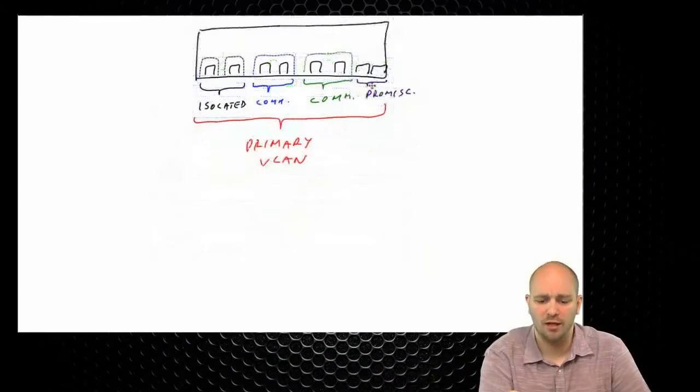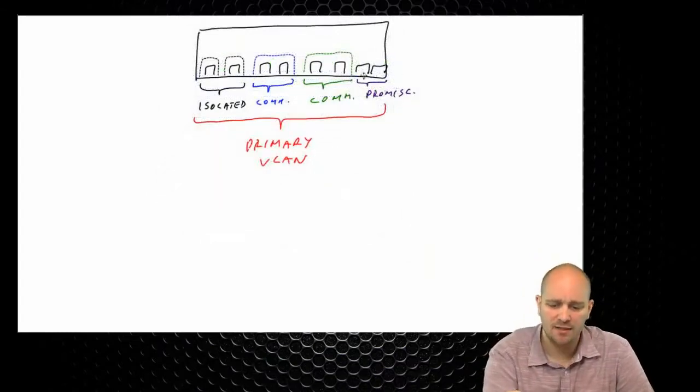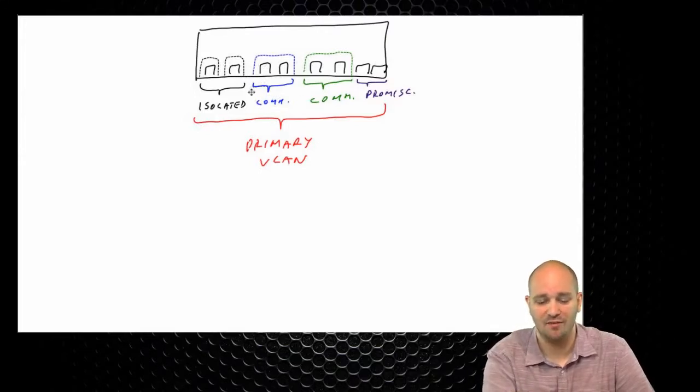The scenario behind this configuration could be that this is some sort of a co-location facility, and behind the promiscuous ports we have redundant internet gateways. Now, isolated ports are customers who might have just a single server or single machine connected to our switch, and the community VLANs may be those customers or users that might have multiple devices connected here.